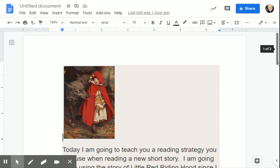Okay, guys, so today I want to teach you a reading strategy that you can use when you're reading any type of story. It could be a short story, it could be a novel, it could be something that you're doing in class that's a story. And a lot of times when we're reading a story, if we answer some important questions about the main character, about the setting, and we jot those down,